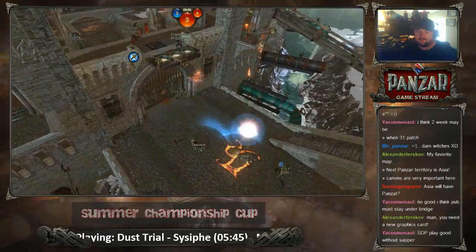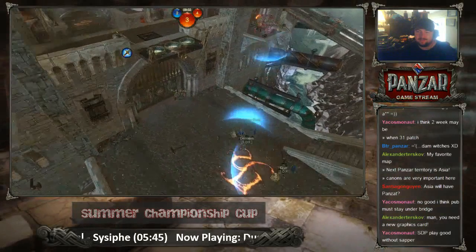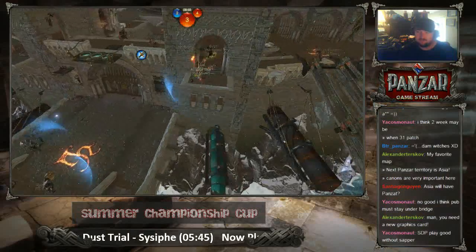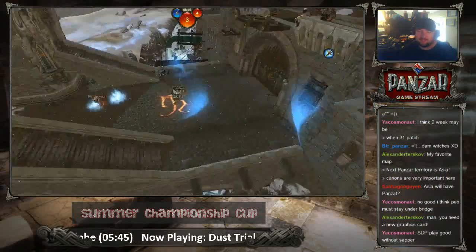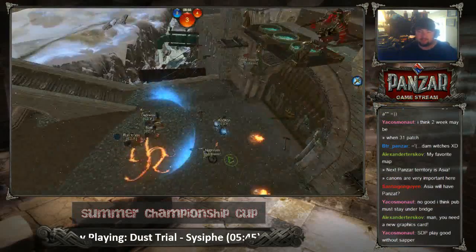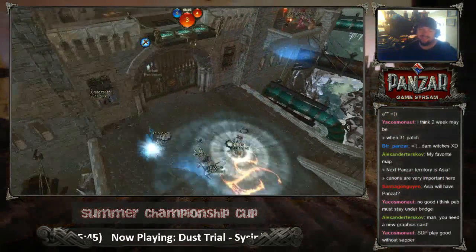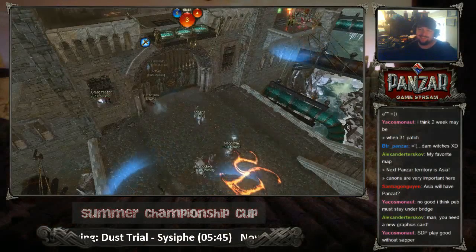I'm surprised that Pubmaster's not really pushing anyone outside yet. Generally, when I'm a tank, what I normally do is get outside the base and stand in front of the door. Yeah, and SDP basically has decided, screw the bridges, we just want to open this door. Yeah, obviously both bridges are now down, so...